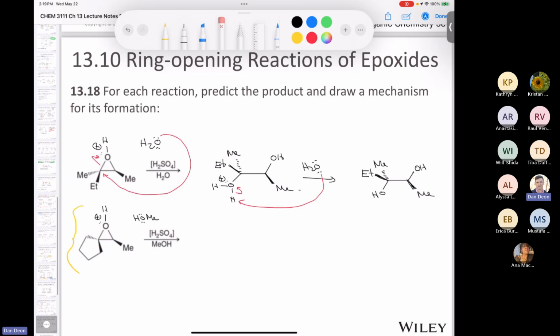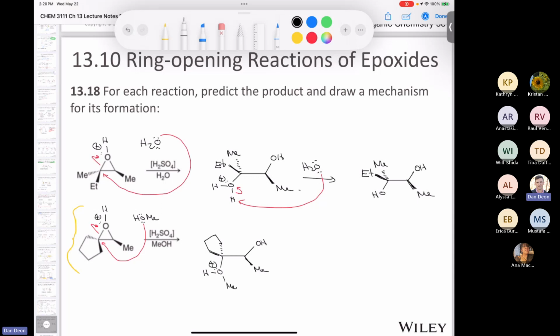Great. So we'll draw our nucleophilic attack. So here's our nucleophile. It's going to attack like this, from the opposite face. So we end up with something like this. And now the 5-membered ring, instead of pointing down, it's going to point up. So we're going to have our hydroxyl group here. We have our methyl group here like this. We're going to have in the back and in the front, here's our 5-membered ring. And then down here, we have our